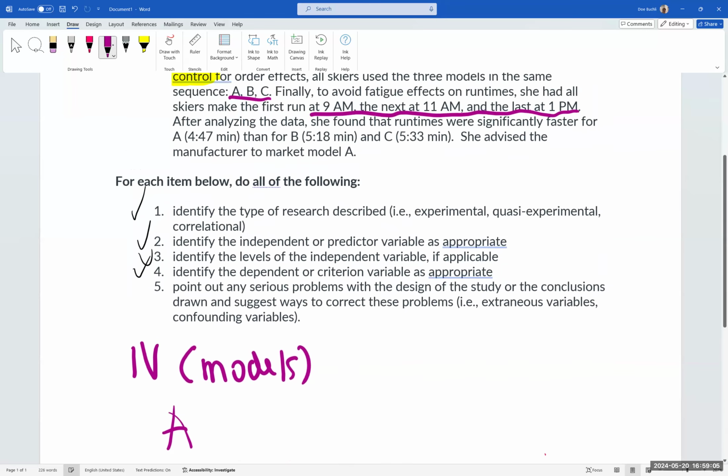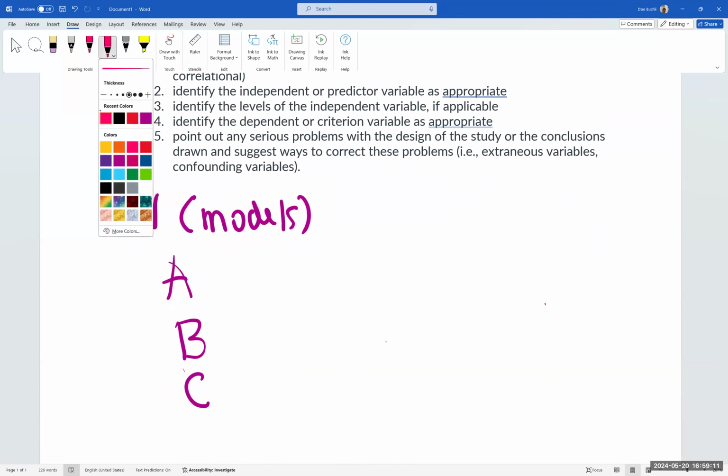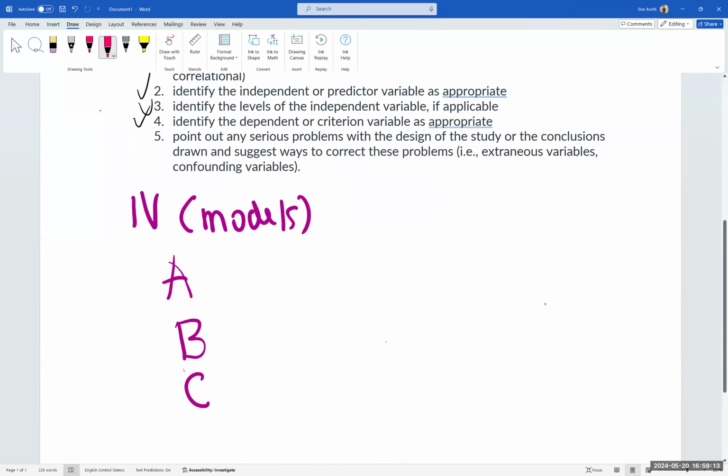But we also have something else that is also varying at the same time systematically. So we have our intended independent variable, but we also have our confounding variable, which in this case is time